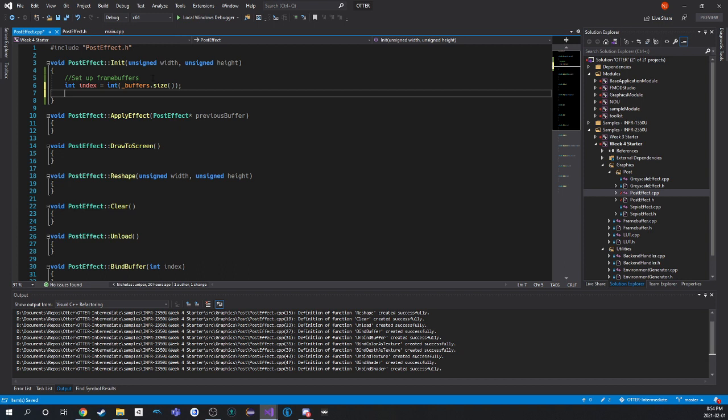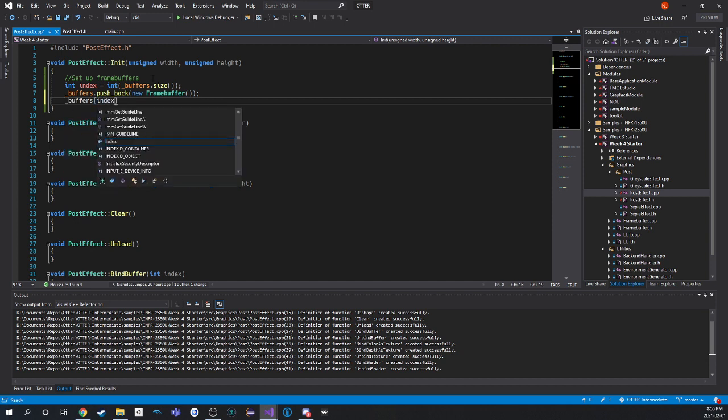If you store the index before you push it back, you don't have to do -1. It'll just be right. So push back, new frame buffer,